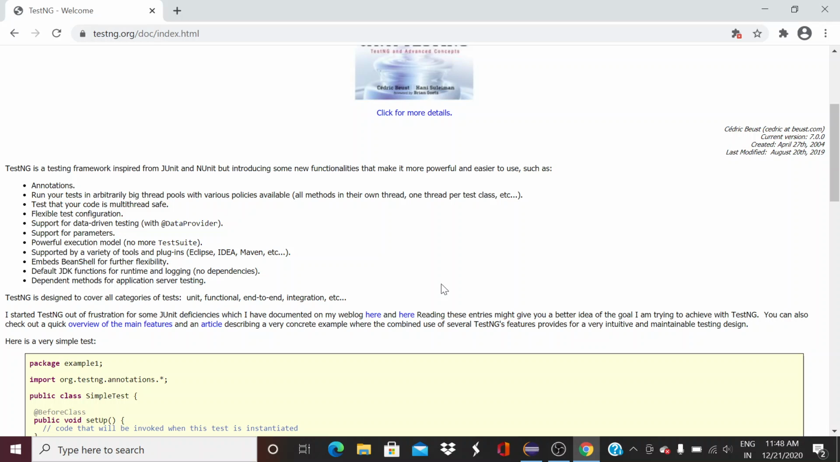There are some annotations provided in TestNG where we do not need to write our main method. Instead, we can use the annotations and write the code directly over there. Okay, and TestNG is very powerful compared to JUnit, and it overcomes some disadvantages of JUnit. It also supports parameterization, like we can pass multiple parameter values